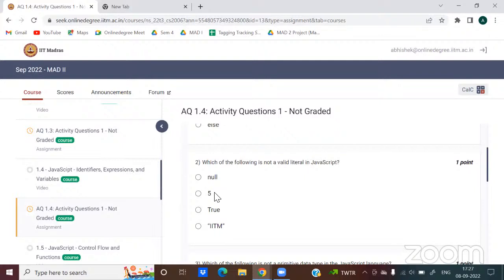Remember, the primitive data types in languages like C, C++, Java, or Python are not the same in JavaScript. They are different. In JavaScript, the primitive types are number; there is nothing called integer or float. So these two things are different in these languages. Then we have true, and then we have IATM. IATM is a kind of string, so that is okay. 5 is a number, and null, I have already mentioned, is a primitive data type or a primitive value. Now, if we talk about the third option, true,